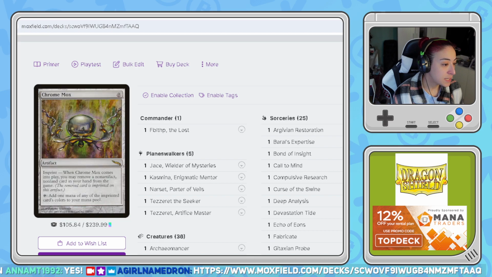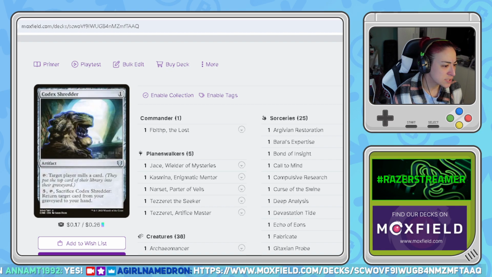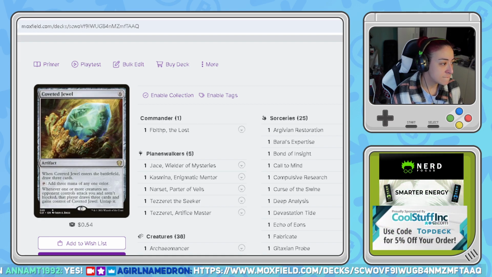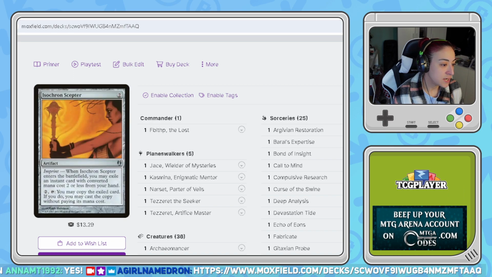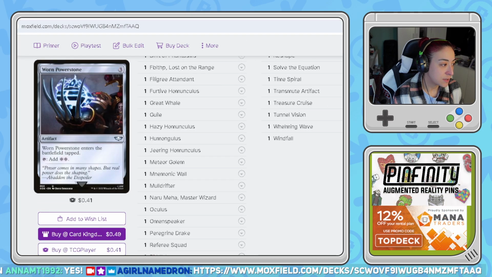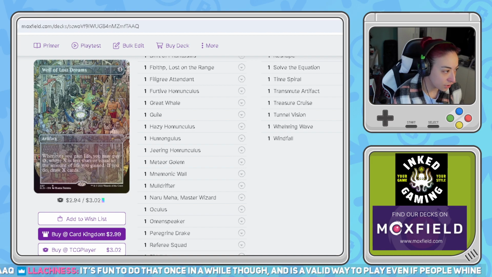Okay. I'm gonna keep Basalt Monolith for now. I think I'm gonna remove the big Moxes and stuff. Codex Shredder is part of a combo. I don't know if I need it just yet. Coveted Jewel is not my favorite. I know colorless mana seems to be pretty essential to this particular deck, but Worn Powerstone is basically a 3 mana Soul Ring that enters tapped. It doesn't feel good, but